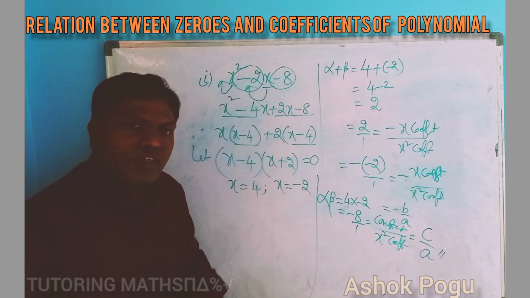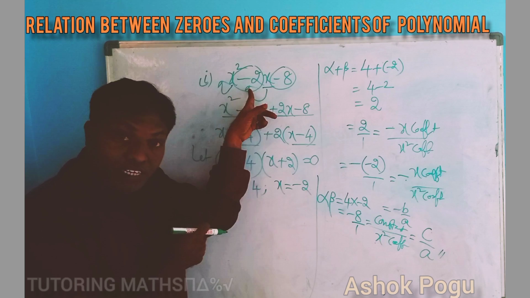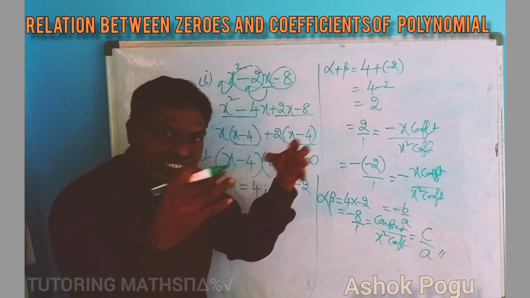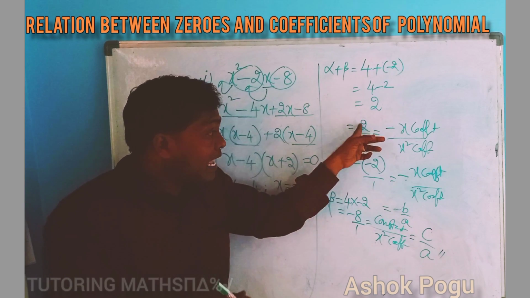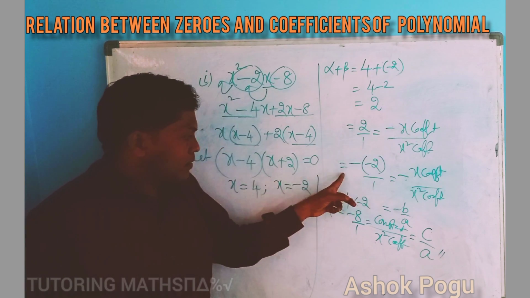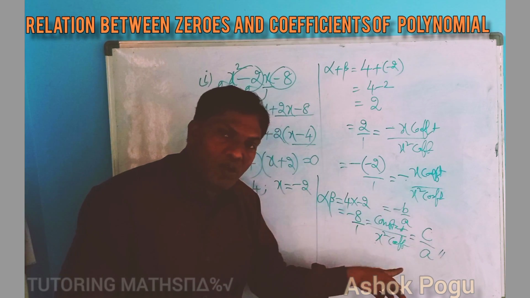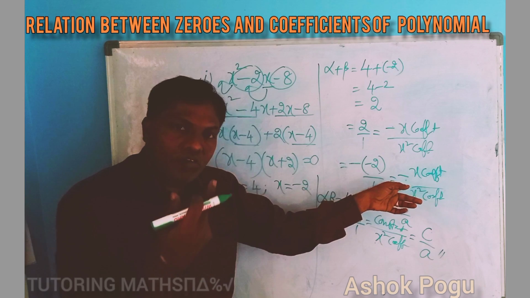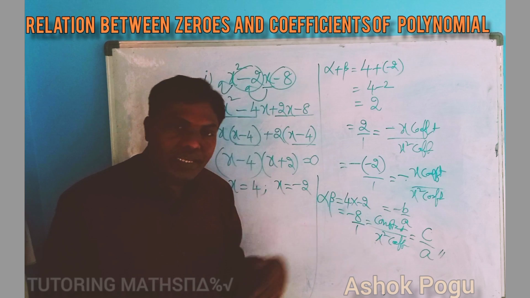In the same manner, you take any polynomial. First of all, please find the zeros of the quadratic polynomial, then apply them in the formula. First find the sum, but the result of the sum must be written in the formula form. The product of the zeros, the result should be converted into this form. If it is not possible, then your answer will be wrong. If it is possible to write in the formula form, then you will be correct. In the same manner, try to practice the remaining problems. That's all.